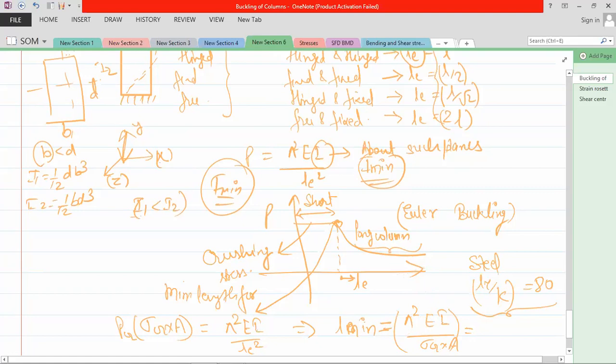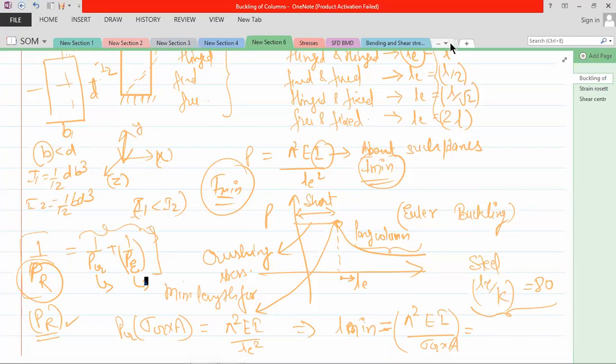Now I'm going to do a few questions. But first, one more thing, the Rankine formula. Rankine suggested that since both conditions are coming together, we can write this as 1 upon P of Rankine is equal to 1 upon P of crushing plus 1 upon P of Euler. That means take the Euler load, take the crushing load, and you can obtain the Rankine critical load for your column. So you need not consider whether it is a short column or long column. You can directly apply this formula. So that is what we discussed earlier.